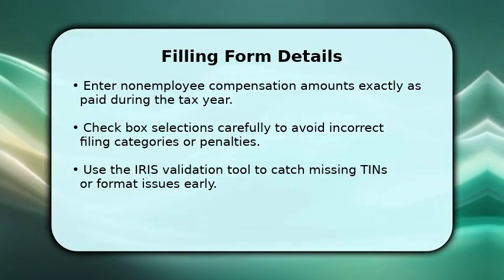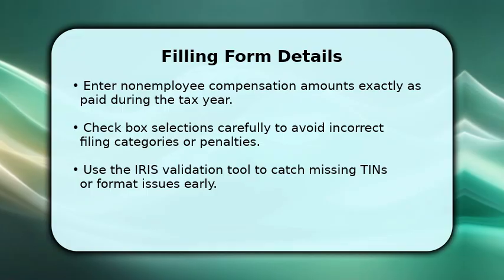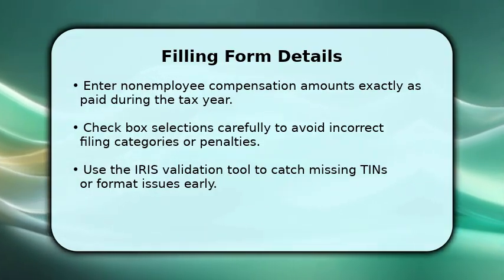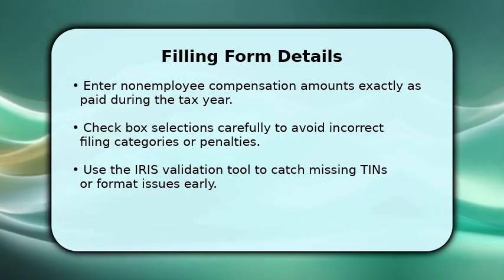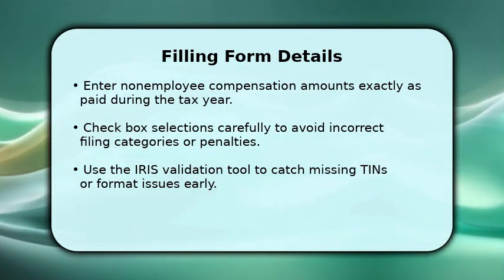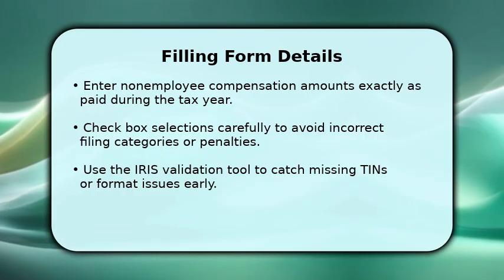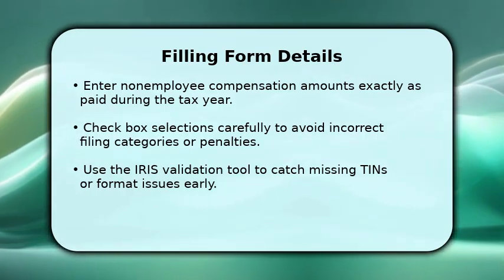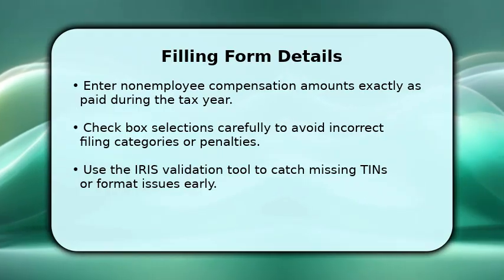Put the exact non-employee compensation amount in Box 1 and double-check any state-specific fields. If you upload a spreadsheet, ensure column headers match Iris mappings to avoid mismatches. Run the Iris validation step to reveal errors, correct them, and preview the recipient copy before proceeding to submission and